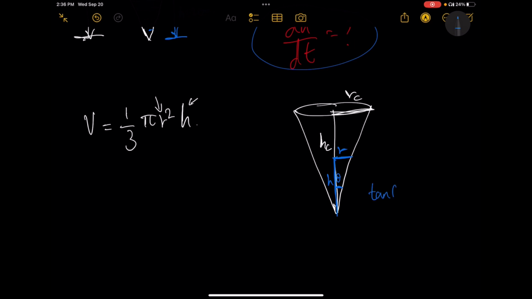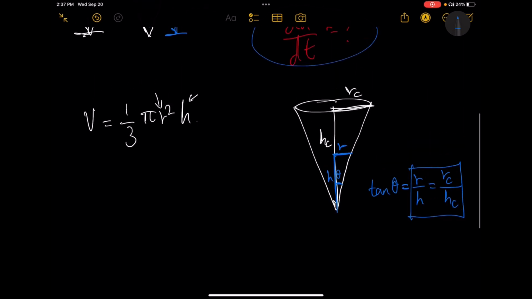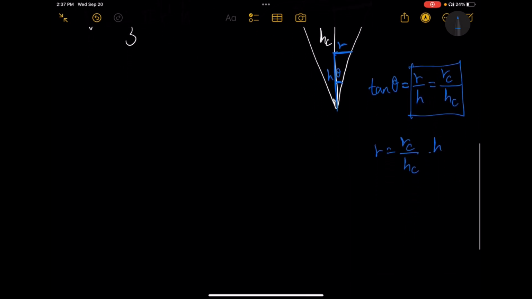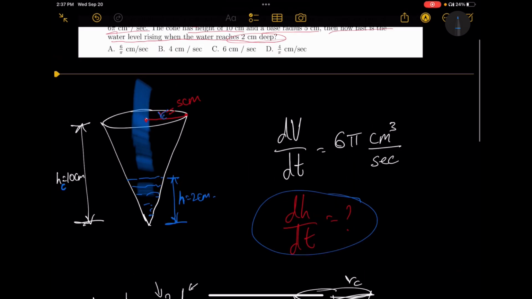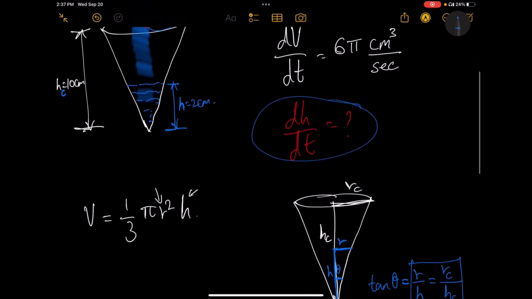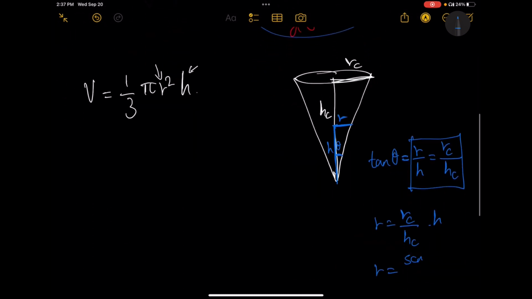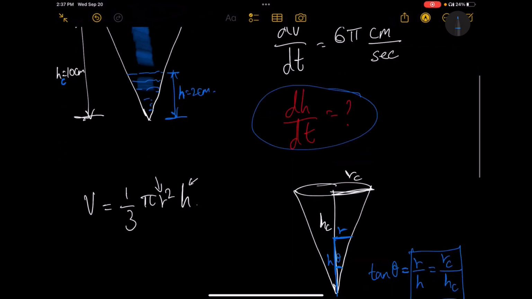tan of theta is what we look at. tan of theta, what is it? It is opposite over adjacent, r over h, or if we look at the cone's triangle, opposite over adjacent, rc over hc. Okay, so r over h and rc over hc, they are the same. That's r, what can we write it as? rc over hc times h. Therefore, what is r? r is rc, the radius of the cone, which is a constant. We were given 5 cm. So rc is 5 cm over hc, the height of the cone, 10 cm